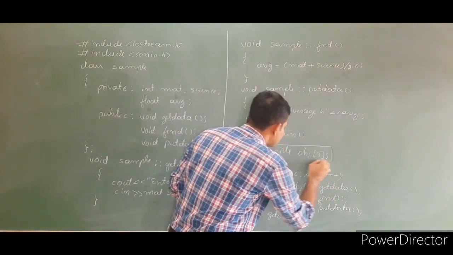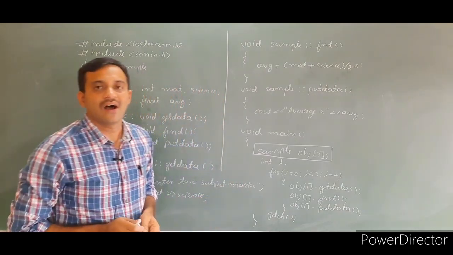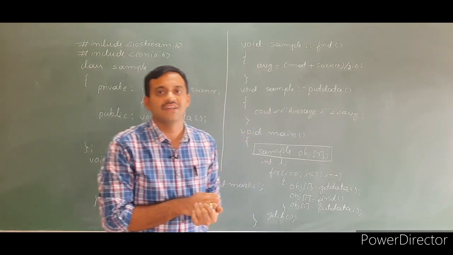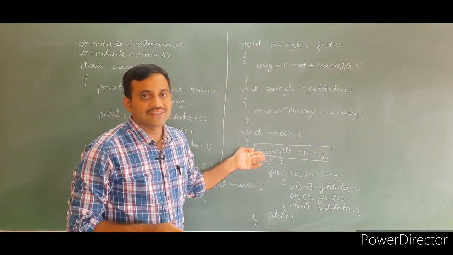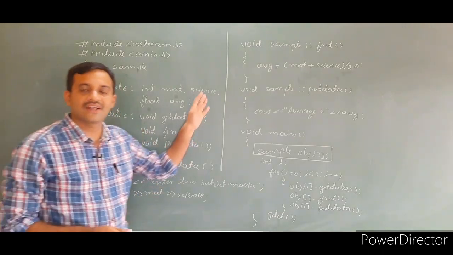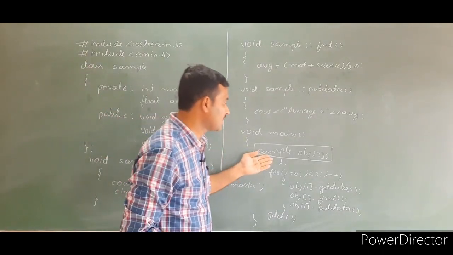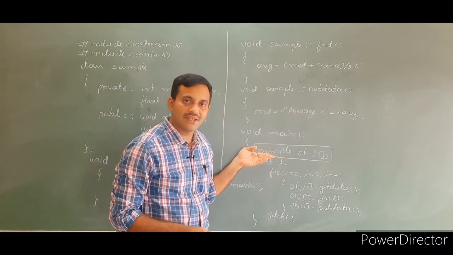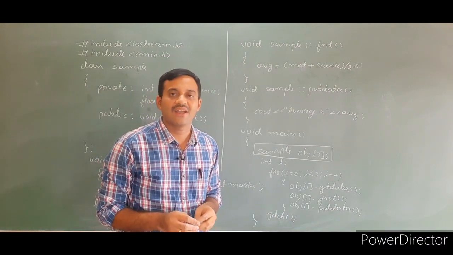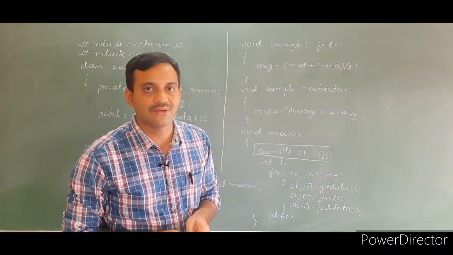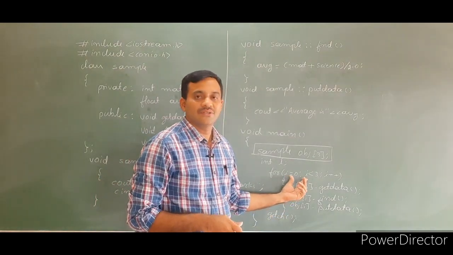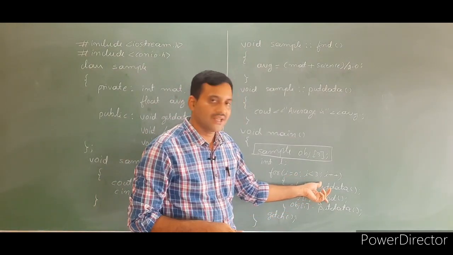See the line. Here we create an array of objects. The basic condition to create an array of objects is that it must be declared after the class definition. See, first we define the class and its definitions. After that we create an object using the class name sample. Then it is the same as an array. Hence to read the values for the array we use a for loop. Here also we use a for loop. Then using the object we call the functions.